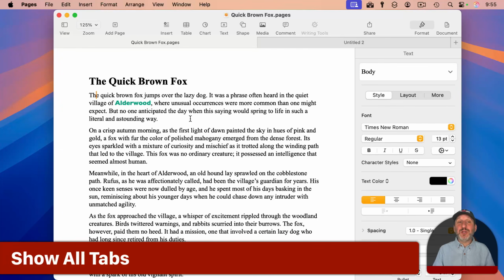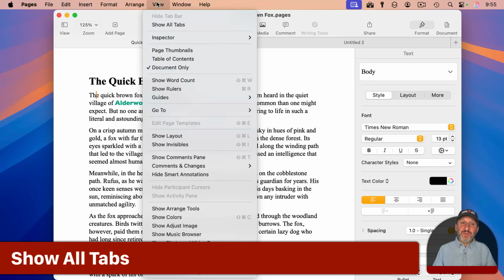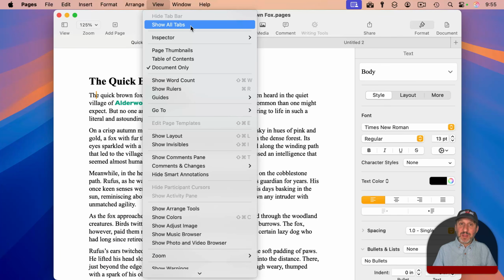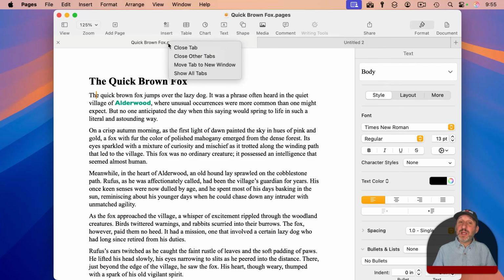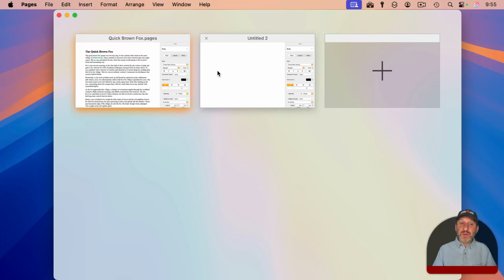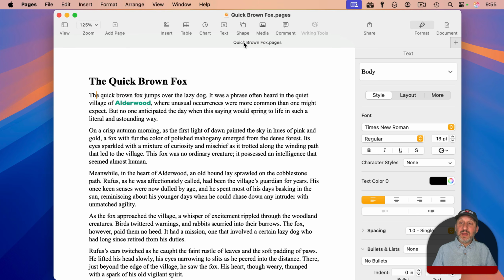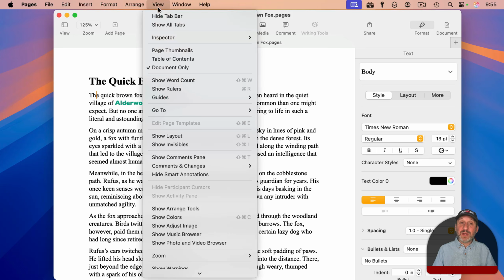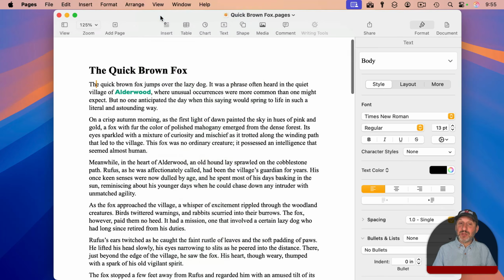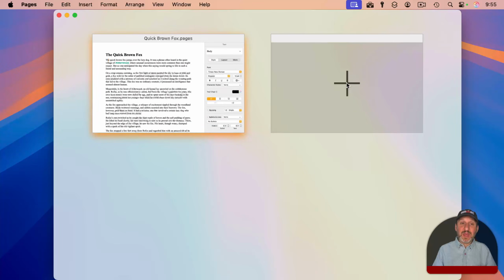But there's also another command you should know about called Show All Tabs. If you go to View, you'll see Show All Tabs there. You can also get to it by control clicking on any tab and it will appear here. When you do that, you get this view, which gives you an overview of all the tabs. So you can see each one and you get a plus button as well. So now I could just simply switch to this tab like that. If I only have one tab open and Hide Tab Bar is turned on, so I can't add a new tab, I can go to View, Show All Tabs, and then use the plus button there to add a new